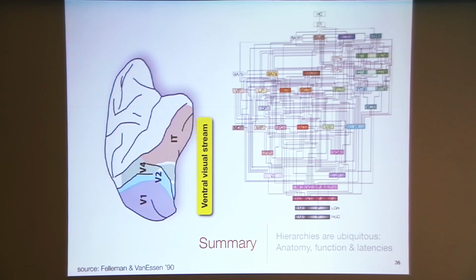All right, so let me skip that in the interest of time. Just to summarize, what I've tried to do during this first hour is to give you an overview of what is currently a set of well-accepted facts about the anatomy, the organization, and the electrophysiology of the visual cortex. I've tried to highlight the fact that one striking feature of the organization of the visual cortex is its hierarchical organization, and that should sound familiar to many of you here in this summer school.